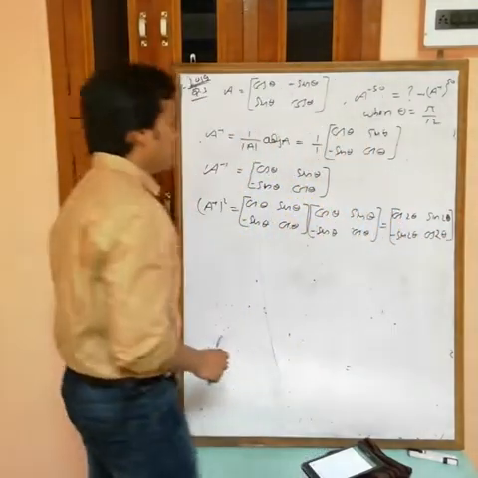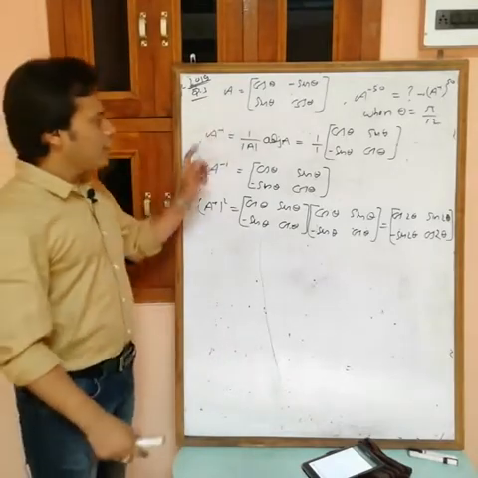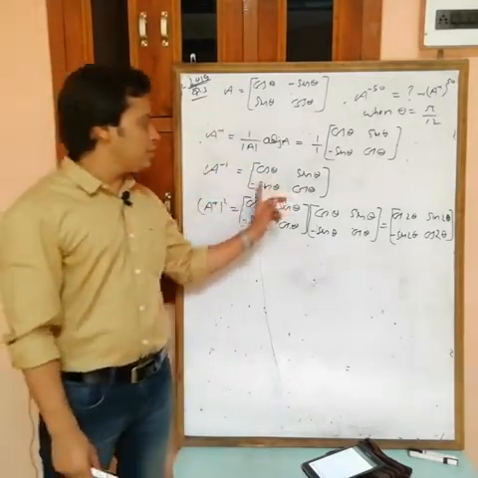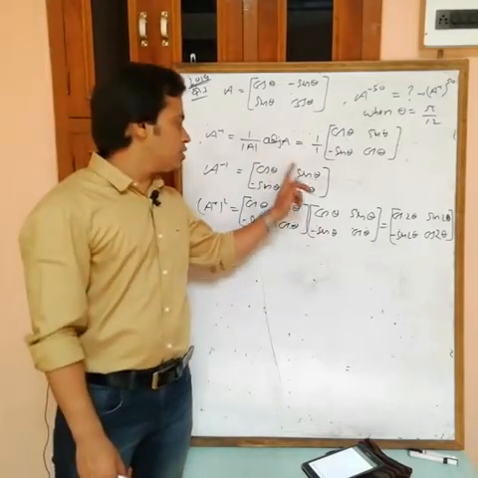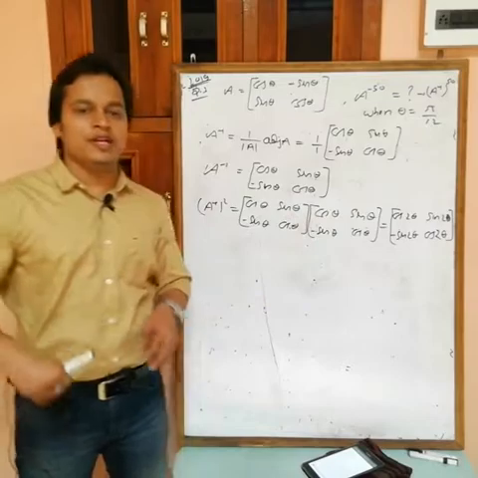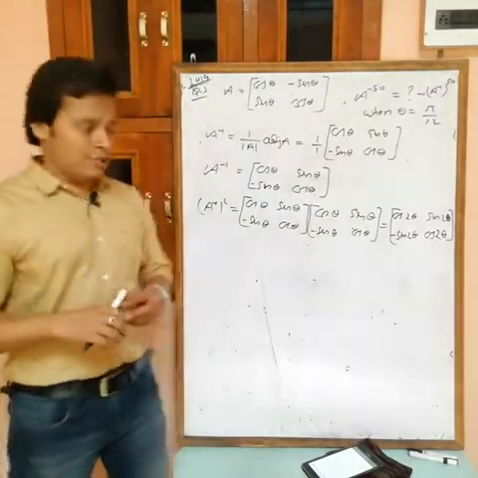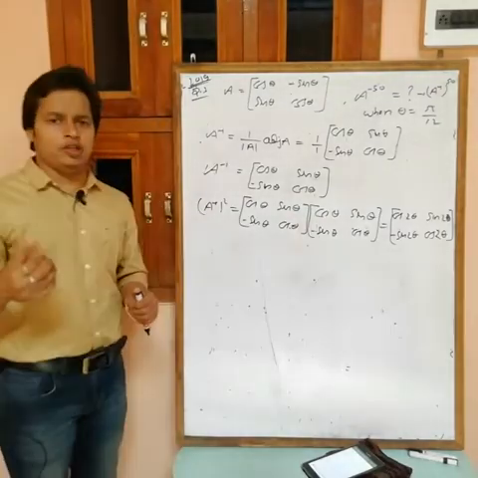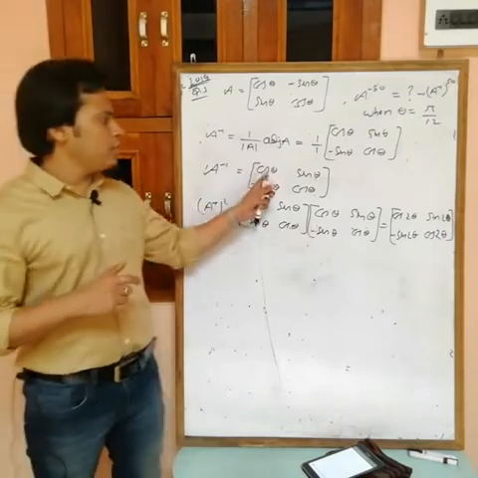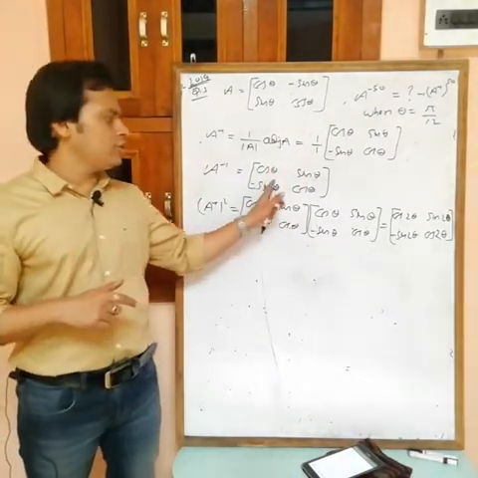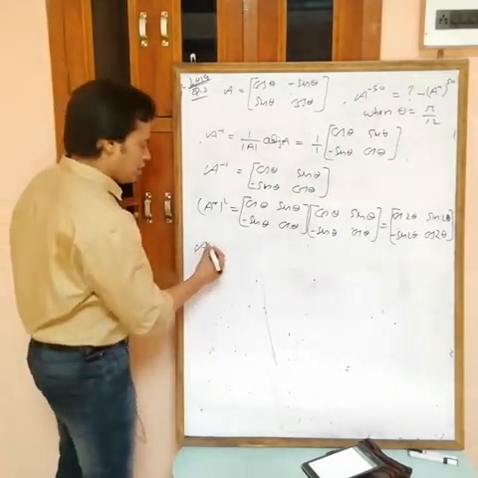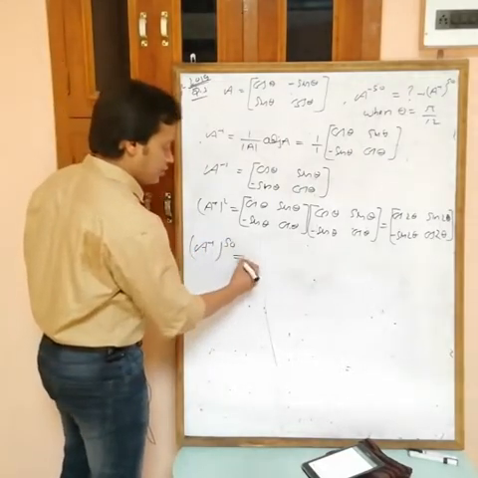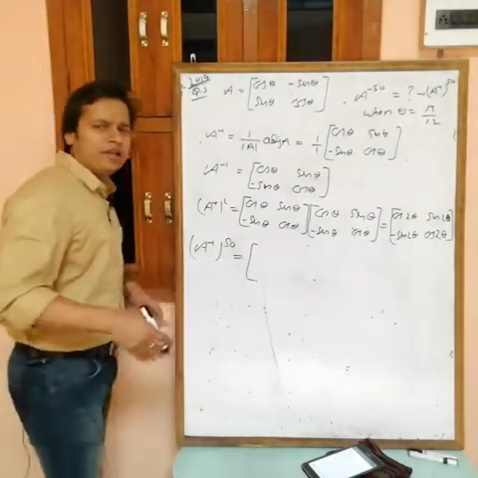Now we are getting the sequence. If A inverse, then here we have cos theta, sin theta, minus sin theta, cos theta. If A inverse power 2, then cos 2 theta, sin 2 theta, minus sin 2 theta, cos 2 theta. It means at the place of theta we have 2 theta. Similarly, if you find A inverse power 3, you will get cos 3 theta, sin 3 theta, minus sin 3 theta, cos 3 theta. So similarly I can say that A inverse power 50 is equal to, at the place of theta, you will get 50 theta.